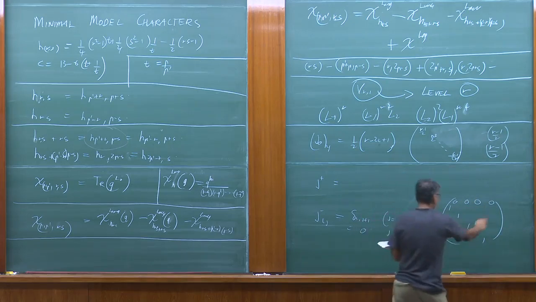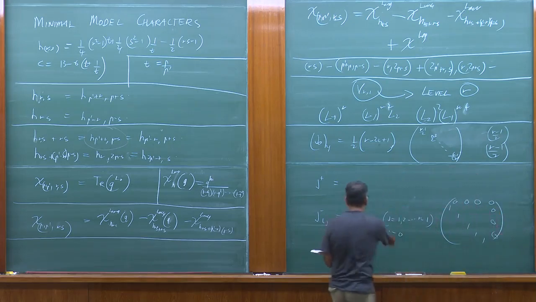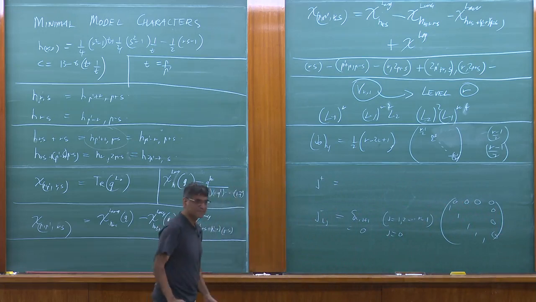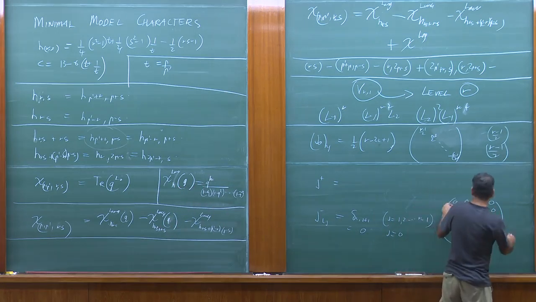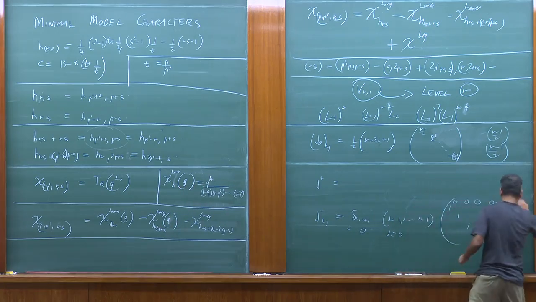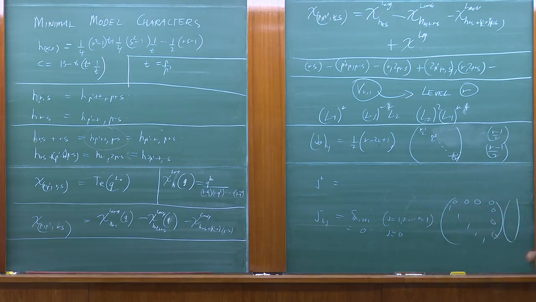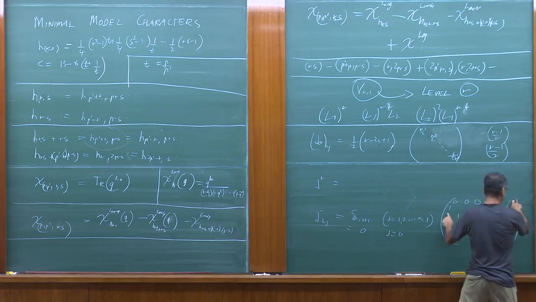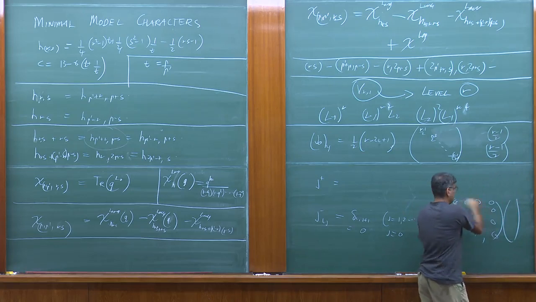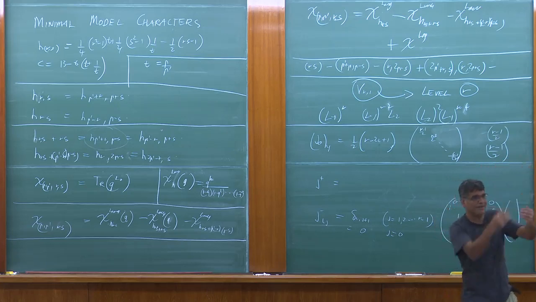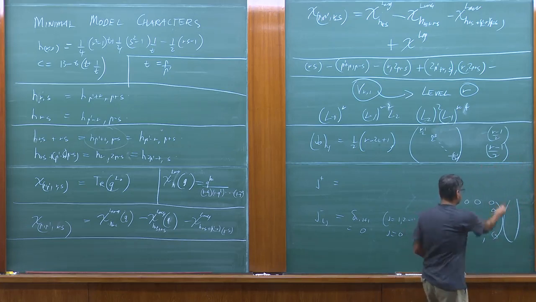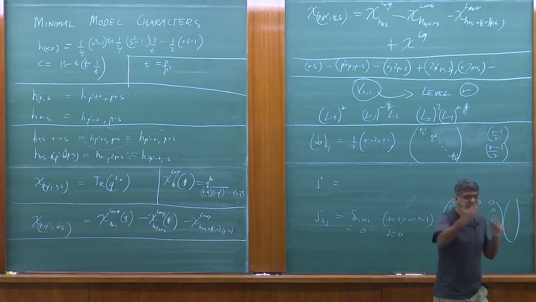Right? The last column has all zeros. That was what this guy was saying. Okay? So what does this matrix do, this J minus? Suppose I was acting on something like this. If you have something here, this guy will act on it and bring it down. So J minus takes a column and takes every element on the column, brings it down. It's a lowering matrix and just brings it down without any additional